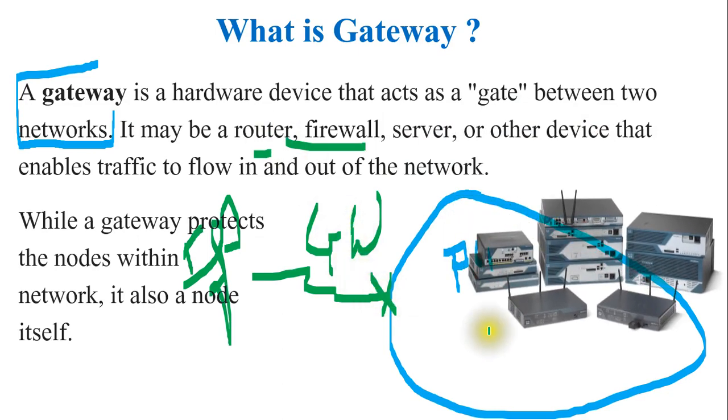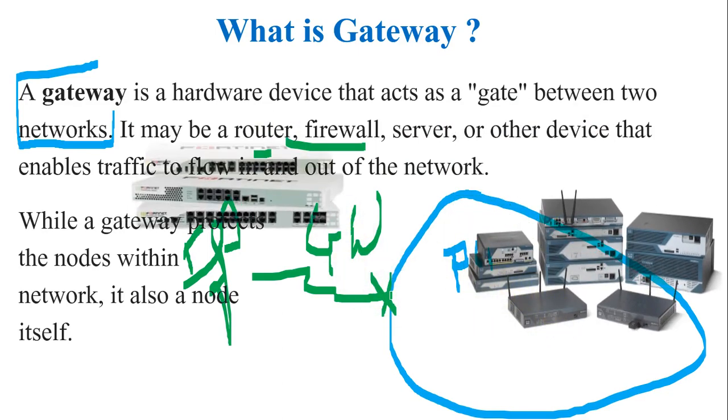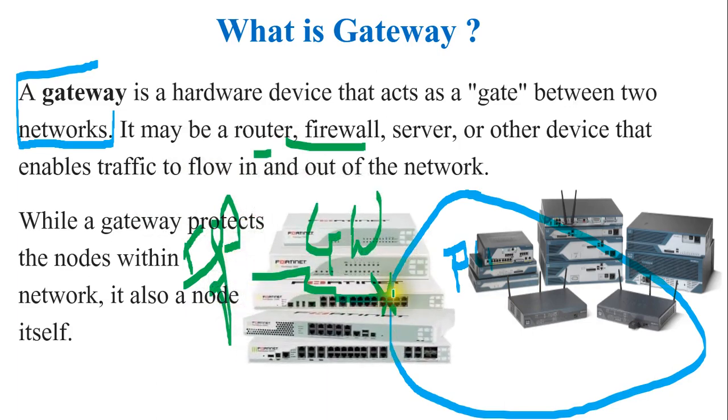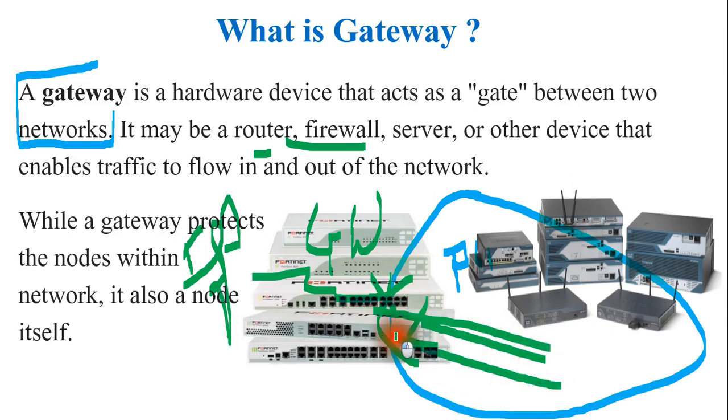So whichever device you are deploying here, either a router or a firewall, will protect your entire network. Because if you deploy a firewall here and you have enabled that only Google should come inside my company, then if I try to access any Facebook website or YouTube website, the request should not go outside. So this firewall will block this traffic, and if the traffic is blocked here, Facebook will not open inside your company. And if you allow Facebook to be accessed, then when you send a request from here, you will be able to access Facebook.